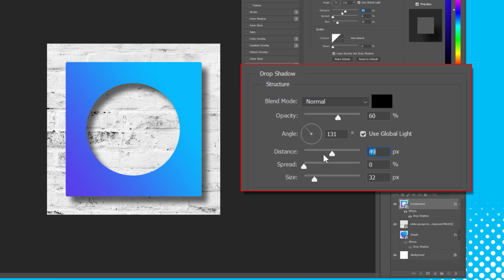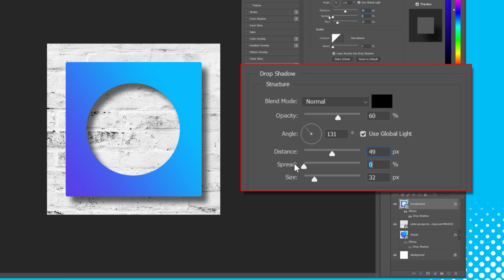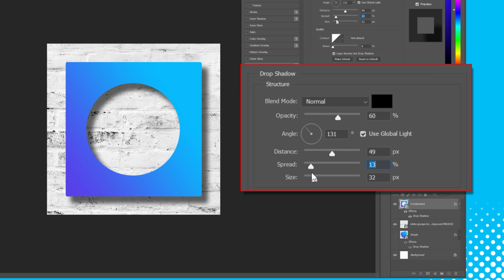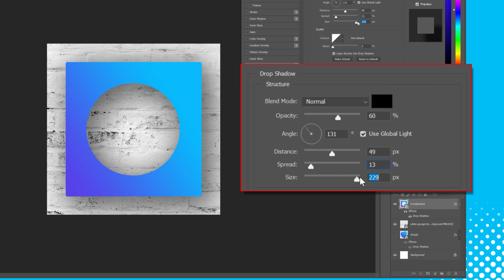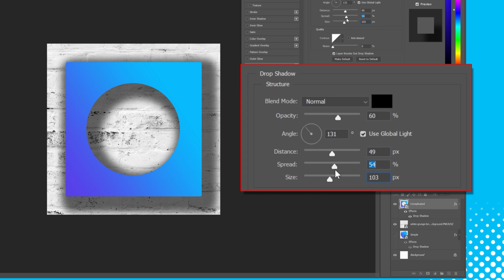The next option to keep in mind is the Spread, and this adjusts the feathering or blurring of the edges. When we move it to 0, it's feathered very well, but moving it to 100%, the shadow is very sharp and solid. The next one is Size. This simulates diffusion of light affecting the object or the size of the light source in question, making the shadow appear softer. If you're a beginner, the best way to get the desired effect is simply through trial and error, so spend some time playing around with the sliders.